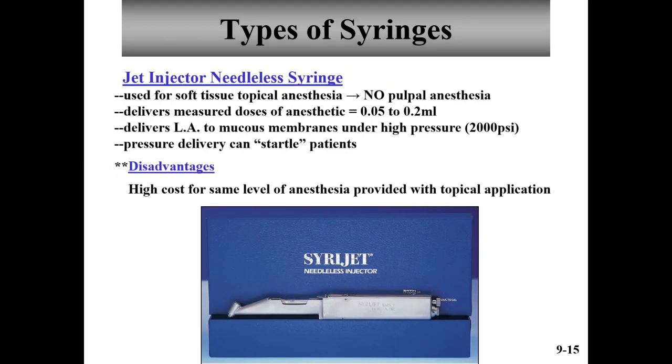The jet injector is a needleless syringe. It doesn't use needles. It really was the thing back about 10 years ago. Oh gosh, maybe it's been 15 years now. Because people are scared of needles. They don't want needles. It will deliver between 0.05 to 0.2 milliliters of anesthetic, so you can measure the dose